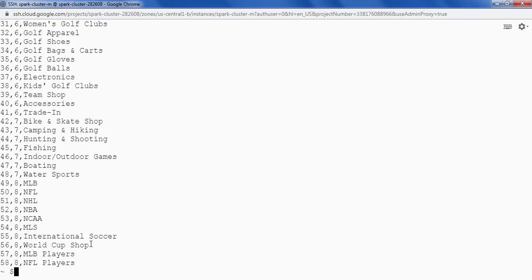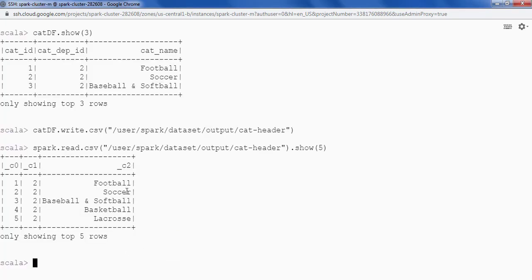Now, if you have noticed one thing here, our file doesn't contain a header. So how to save a file that contains a header? That's a question. For that, we can say df.write.option, and inside option we have to provide header true. That means also save the header while saving the CSV file. So header true. Let's execute the command, and then we will see what happens, and provide the same path.